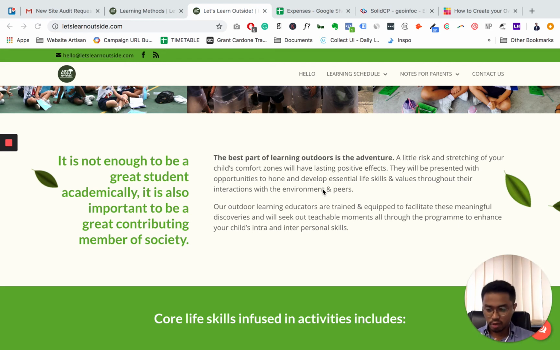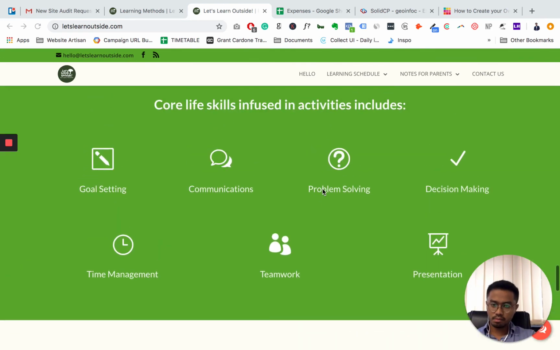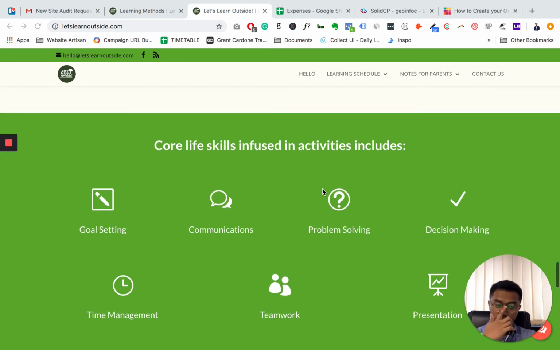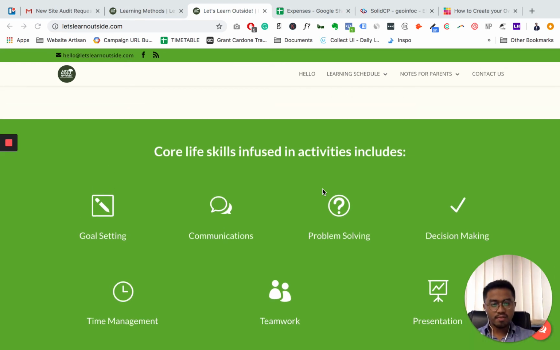Because whether you realize it or not, a lot of service-based businesses have this issue. They have a lot of products and services, but when people land on the website, they have no clue what the services are. And then core life skill infused. You can omit this, I would say. You can put the benefits of each program under that. Let's say I have 3 packages, and then column 1, package 1. I'll write a brief description of what are the benefits that they can get.